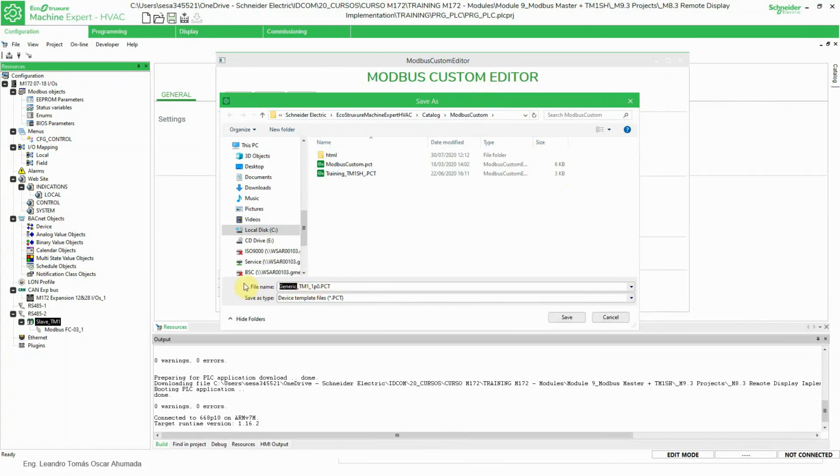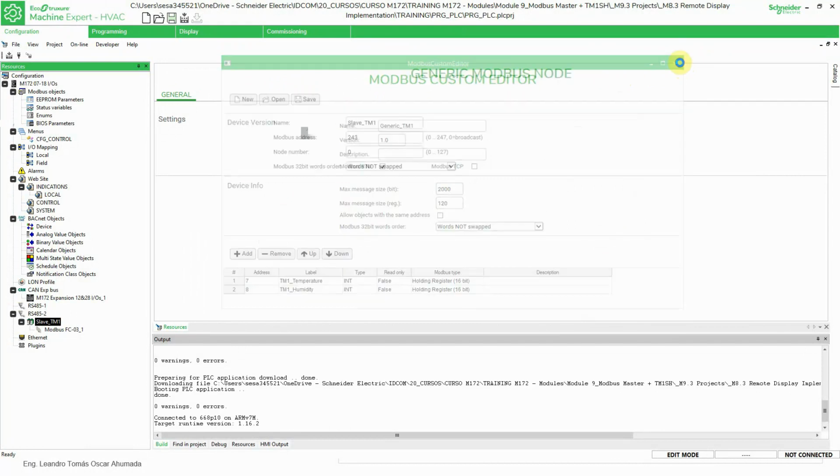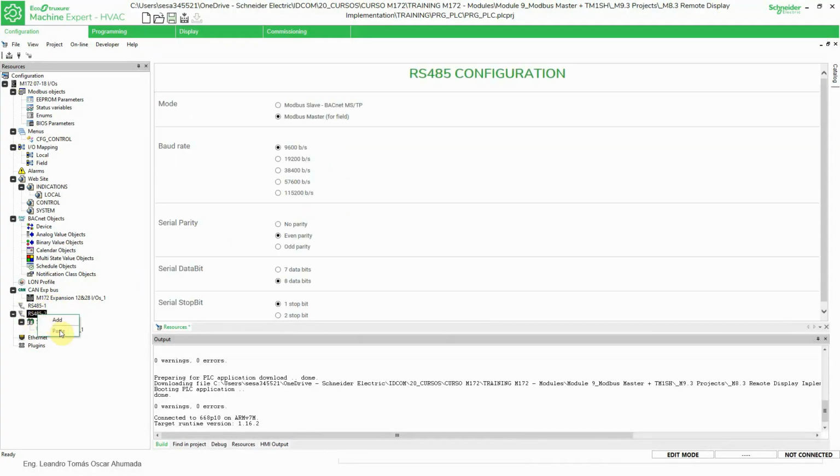Okay, I'm gonna use training TN1 temperature and humidity device template, save. I'm gonna save this, I'm gonna close. Now I'm gonna leave this, but I'm gonna change the address. I'm gonna change the node name, the node number. So now I'm gonna add